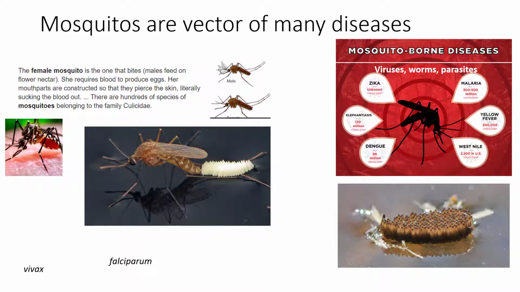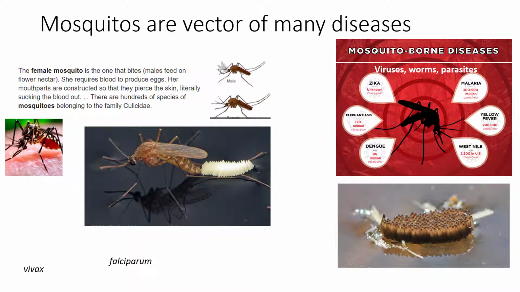A few days after biting us, she'll lay about 200 of them on the surface of a stagnant body of water. It could be a pond, a swamp, a puddle, or even just a tiny pool of rainwater in a discarded can in your backyard. She doesn't need much to work with. That being said, the wetter the environment, the better it will serve as a breeding ground for the insect. That's why when you go to swamps and bogs and those really wet areas, there are so many mosquitoes flying around.